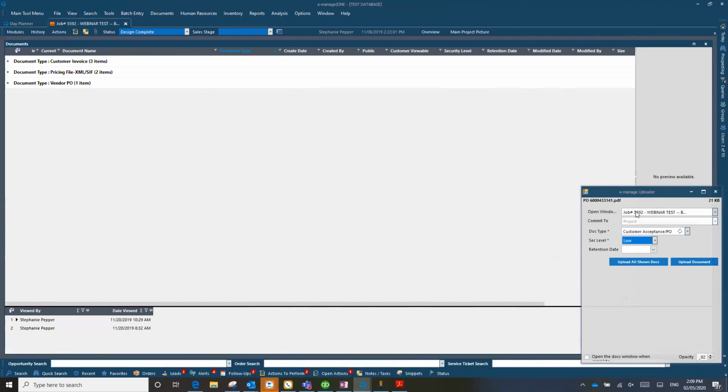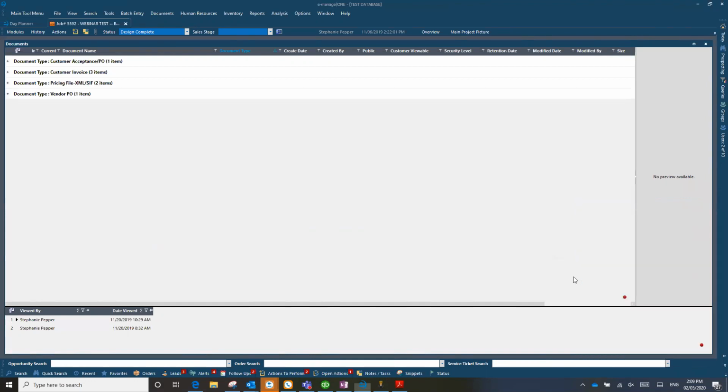So after you pretty much just do the open window and your document type, you really shouldn't have to worry too much about these lower two. You should just be able to hit upload documents. The eManage uploader window will just automatically go away. So let it do its thing. If you try to close it out before it was done, it will give you a warning: be sure you want to close out without uploading this document. So just let it do its thing and go away. If for some reason it's not closing out,